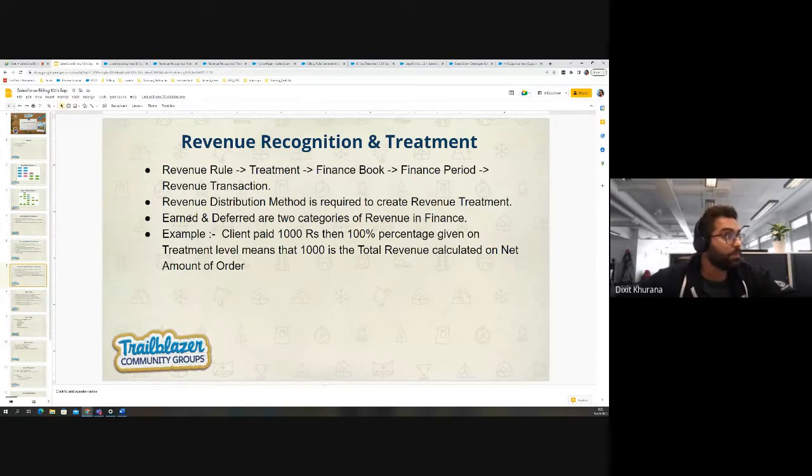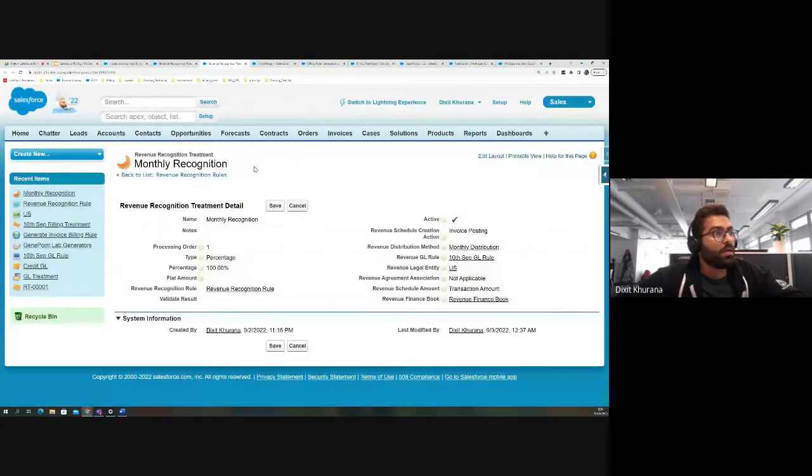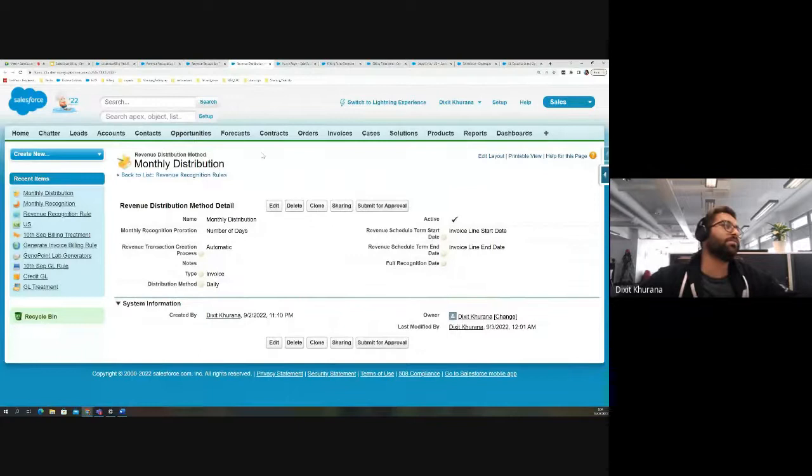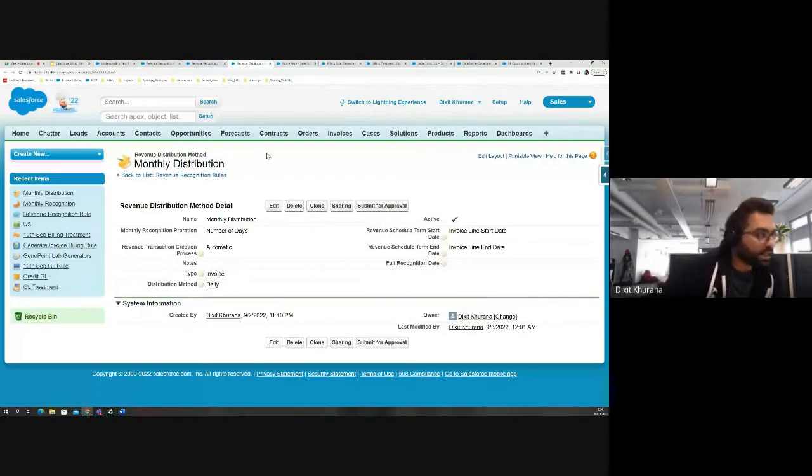Okay. Now, if I go back here, in order to create this treatment, we have to have this method as well. This is the distribution method, how you want your revenue to get distributed. A couple of important fields here: revenue transaction creation process. It will always be automatic. Okay, now type,